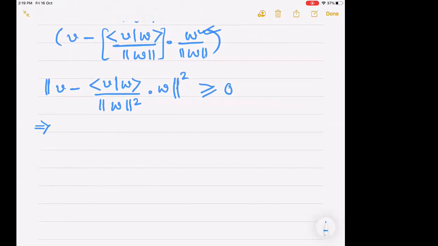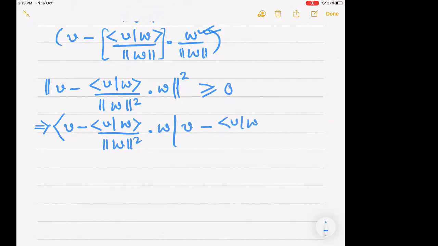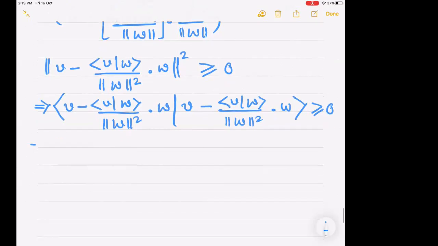What is this? This is the inner product between this and itself. So bear with me while I do this calculation. This must be greater than or equal to 0. Now I'm going to use that sesquilinearity property. So first I'll use linearity on the first variable. Linearity on the first variable would say that this is nothing but V inner product with V